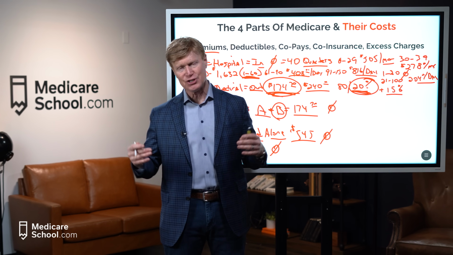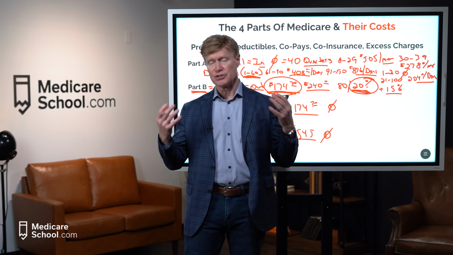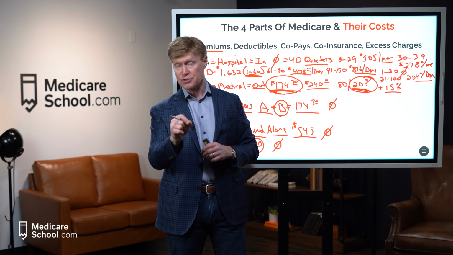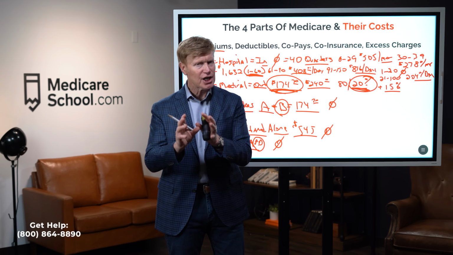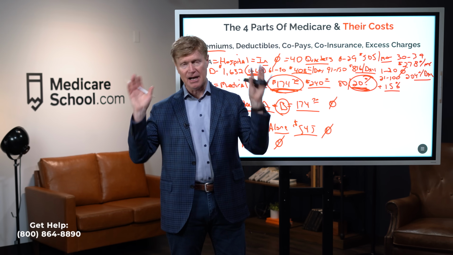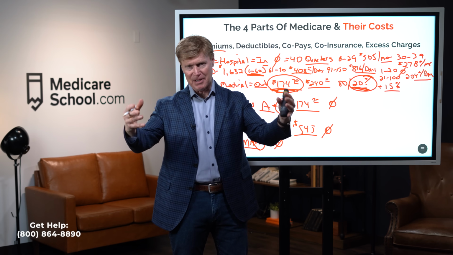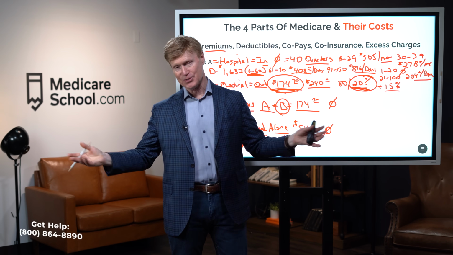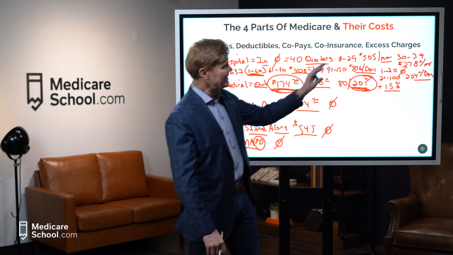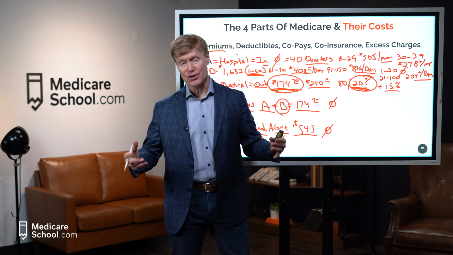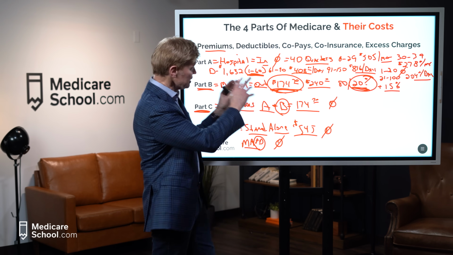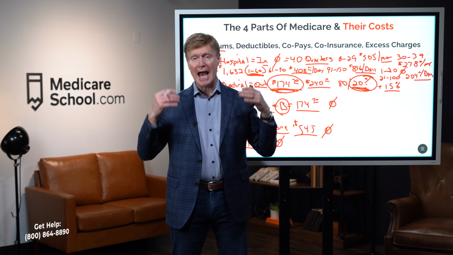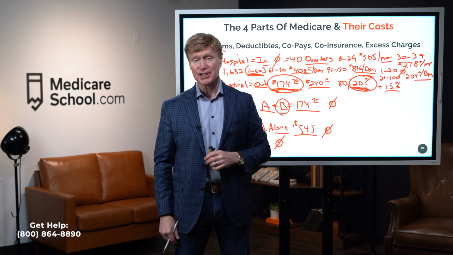Now, the good news is this year, even if you do have coinsurance and you're on expensive meds, they say the most someone will spend in Part D plans for 2024 is about $3,400. That's it. No matter how much your meds are, that's the most you would spend. In 2025, that's going to be capped at $2,000 for the whole year. All right, so those are the expenses. And again, Part D plans do not charge excess. All right, so I just wanted to lay this out for you to make sure you're real clear as to what aspects could be involved with your out-of-pocket expenses.